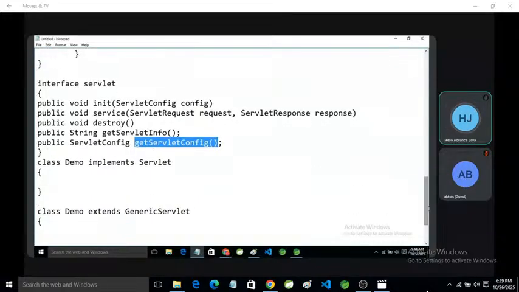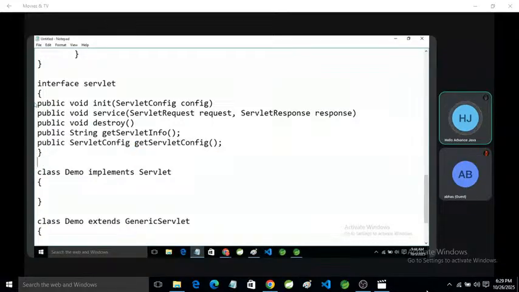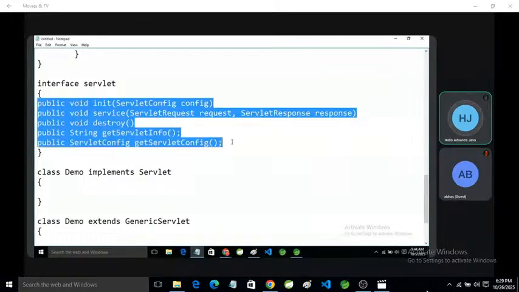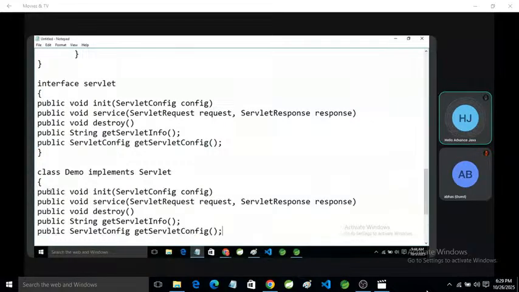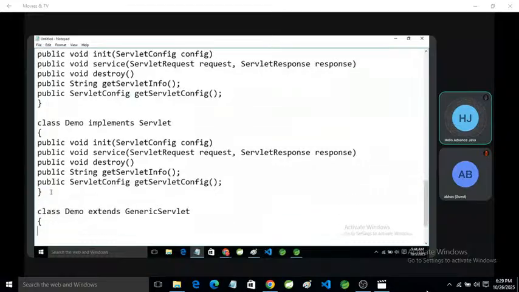Okay, so if we implement the Servlet interface, it is our responsibility to implement the init method, service method, destroy method, getServletInfo, and getServletConfig. We must implement all five methods of Servlet.